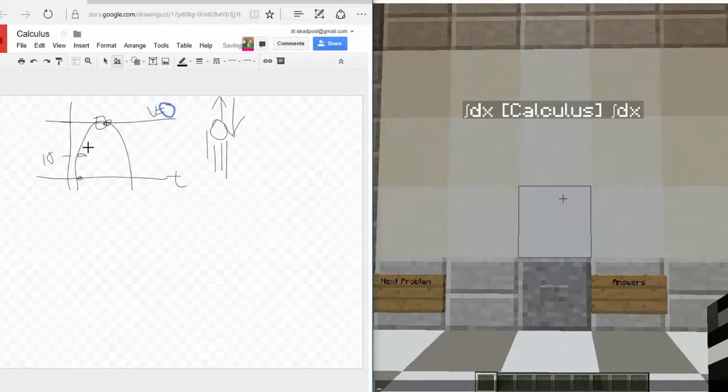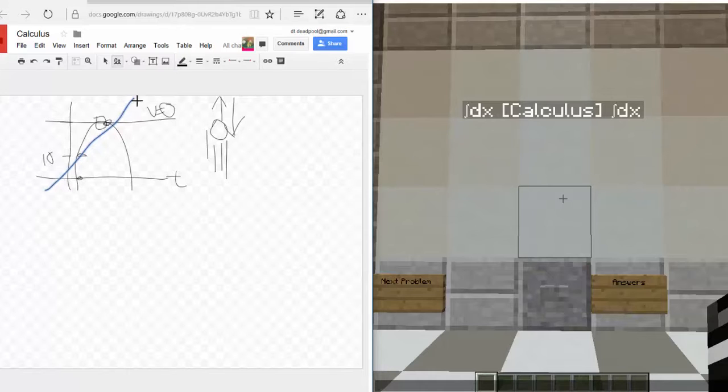0 meters per second because it's at the top, so it's maxed, and it's going to start going down, so it's going to return down. So the derivative, which is the first part of calculus, is trying to find a graph to represent this change, which the graph of this would be something like that. That's going to represent how the velocity changes over time. So at time equals 0, your velocity is 0.